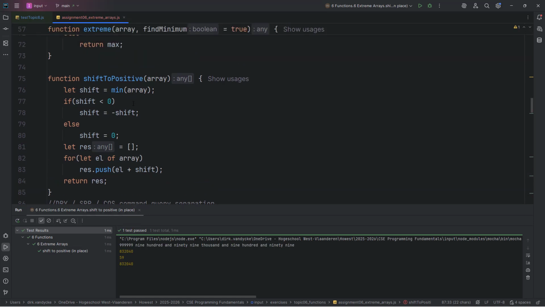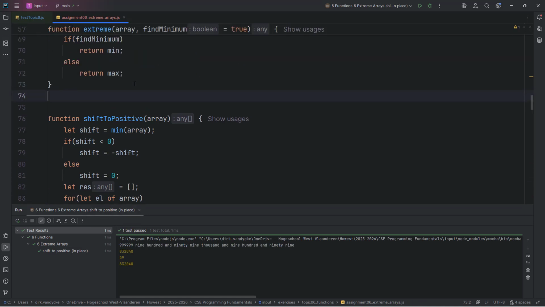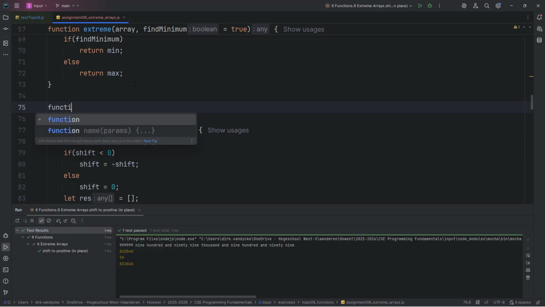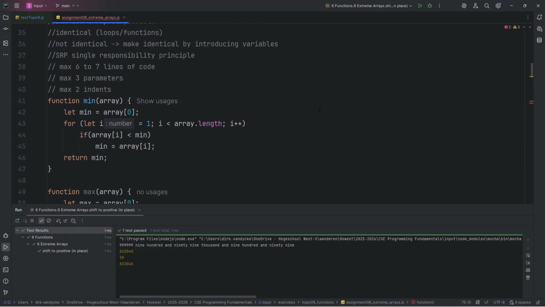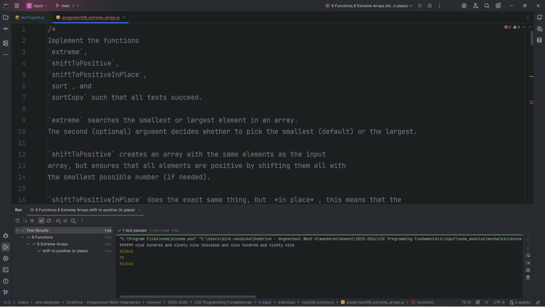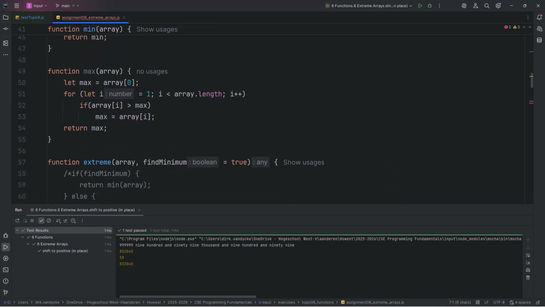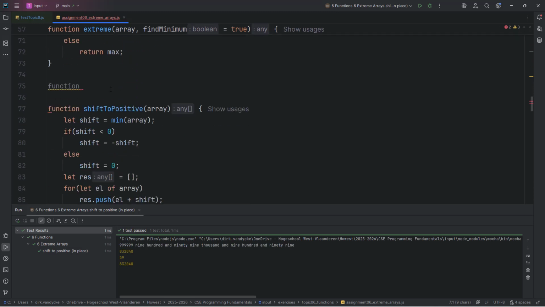and for that perhaps I can first of all make a copy function. That's something nice to have, because I kind of sneak peeked and I have the same thing with sort and sort copy, in which I sort in place and I sort on a copy of the array. So I will be able to use the copy there as well. So let's make a copy function that copies my array,